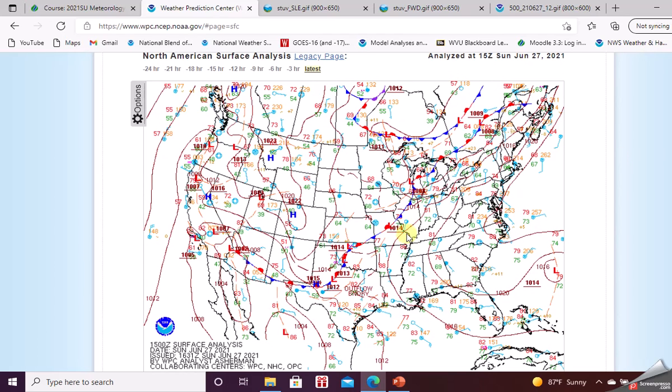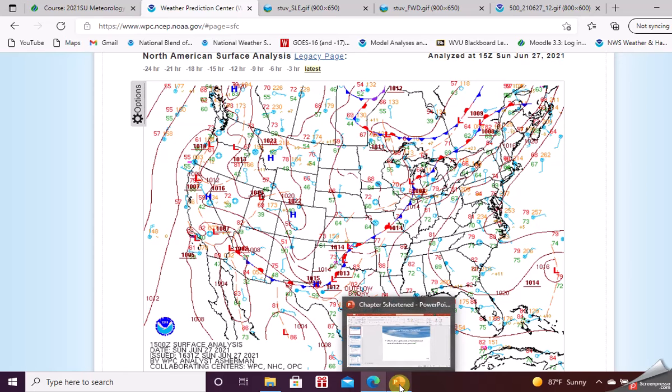If you look at a surface weather map, and you've analyzed them now several times, you're seeing isobars, which are pressure. You have a low pressure down over Oklahoma, another one up northeast of Chicago, and there's high pressure out here in the Rocky Mountain area right now. And there's also high pressure off the east coast of the United States. So why are these areas different pressures? That really is the key to understanding a lot of what goes on in weather. Why is this area having high pressure, or why is this area low pressure? So let's start looking at that a little bit.